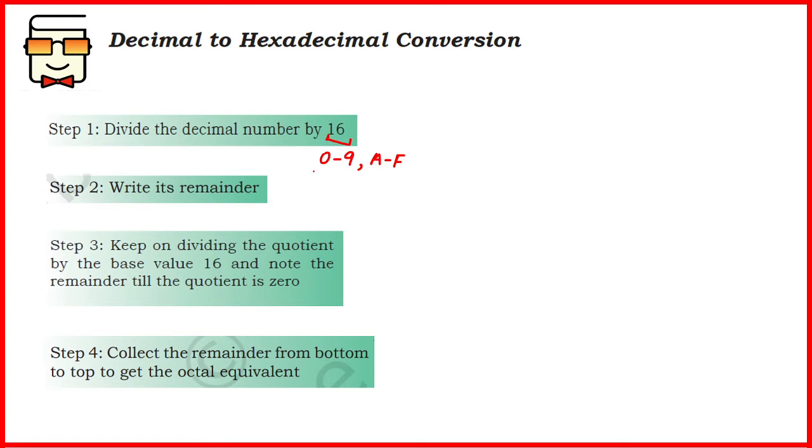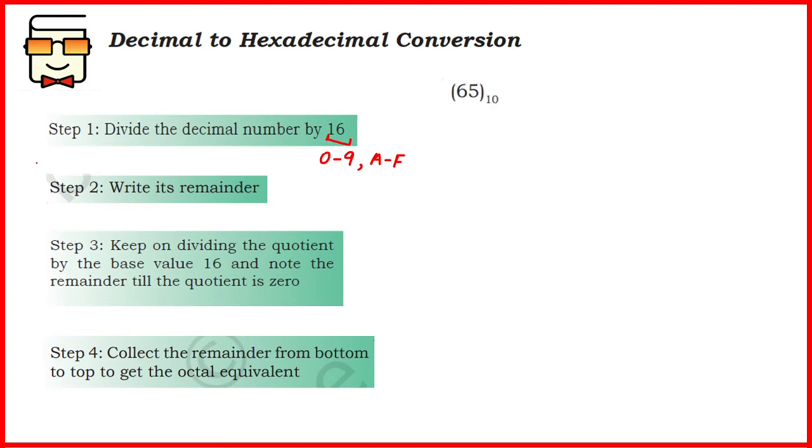That is why the given decimal number would be divided by 16 and the remainders would be stored. You would perform this repeated division as long as you do not get the quotient as 0, and when you get the quotient as 0, you will collect all the remainders in the reverse order of when they were obtained, and that would be your final answer. These are the steps that have been specified in your book also. I will be doing 2 examples here. Hope you get a clear understanding of this concept.